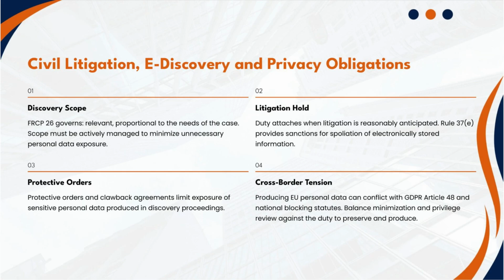Now the litigation hold. When litigation is reasonably anticipated, and that's earlier than filing, you must suspend routine deletion. Issue the hold, identify custodians, preserve. And here's the collision I want you to feel. Your privacy program says minimize, delete, retain only what's needed. Your litigation obligation says freeze everything possibly relevant indefinitely. Which wins? Preservation, always. Because spoliation sanctions are severe, up to adverse inference instructions or default judgment.